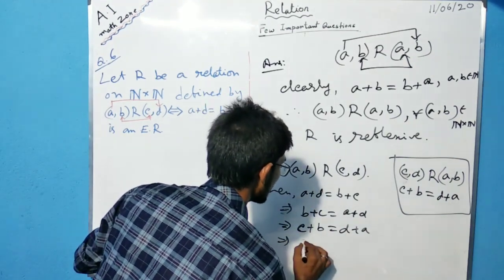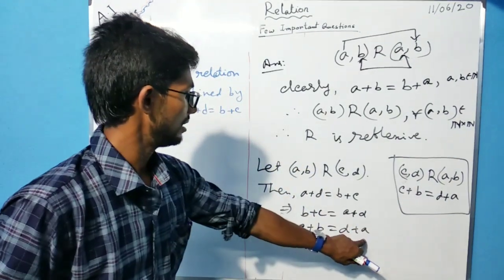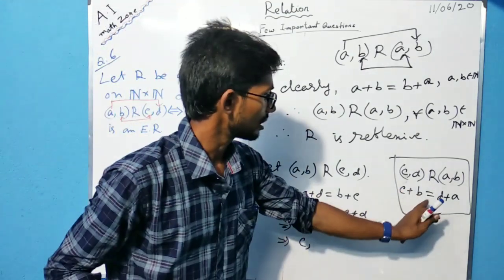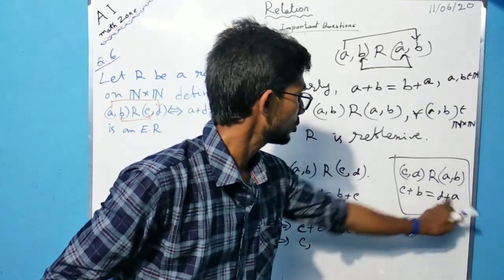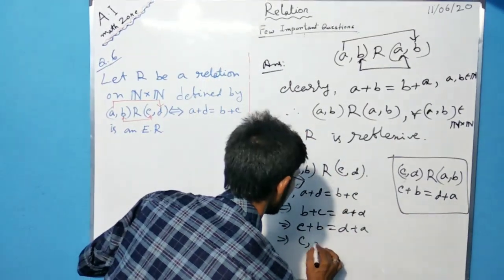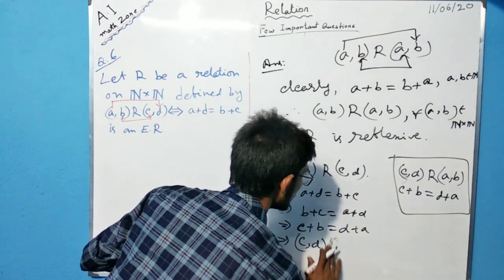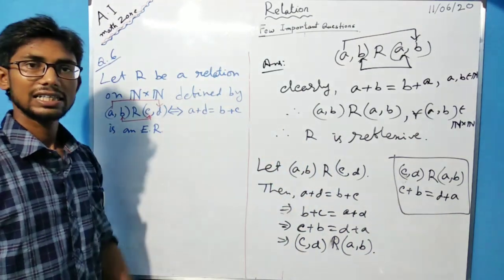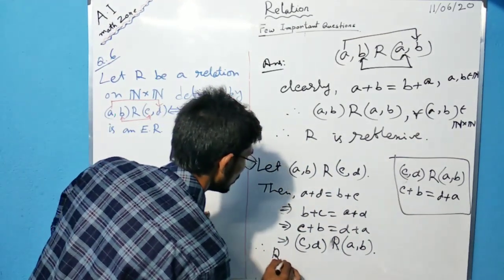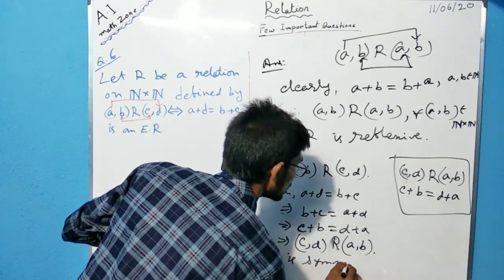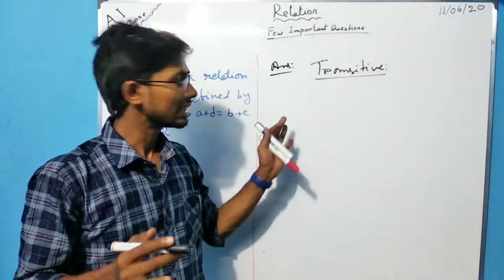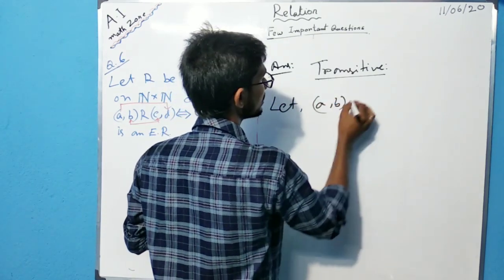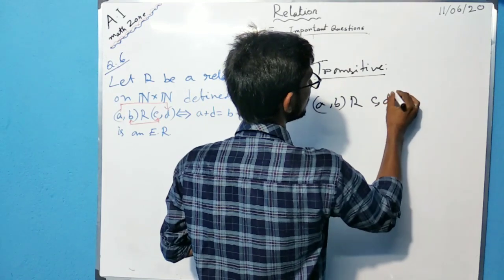so implies that यहां पर क्या लिख सकते हैं, d plus a तो होता है ना, राइट। So implies that (c, d) is related to (a, b), hence R is symmetric, therefore R is symmetric। Next, R is transitive, right। So let (a, b) be related to (c, d), right,